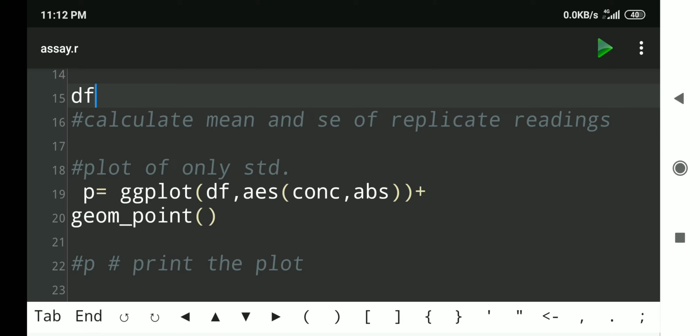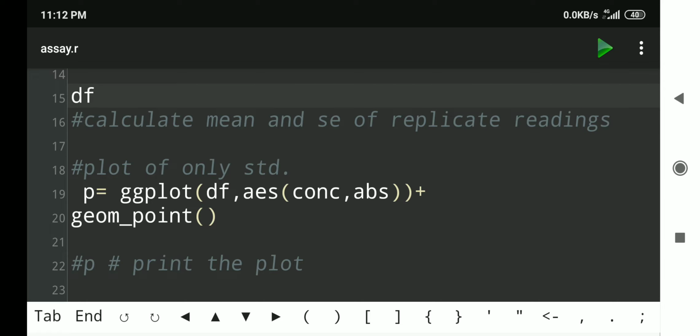And for that graph we are plotting the standards now. For that we are assigning the graph to a graph object, that is p. p is equal to ggplot, which is the function which will call for the plot, and in that function we have given first argument df. df is the data frame which we have now. This data frame contains our data. After comma we have written aes, aesthetics. In aesthetics we are providing values for x-axis, concentration is for x-axis, and absorbance is for y-axis. And plus geom_point is there.